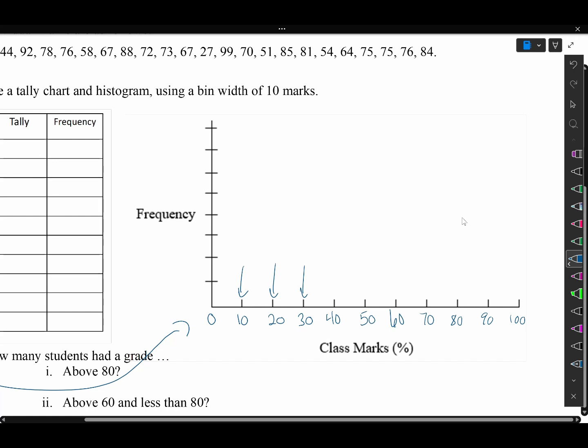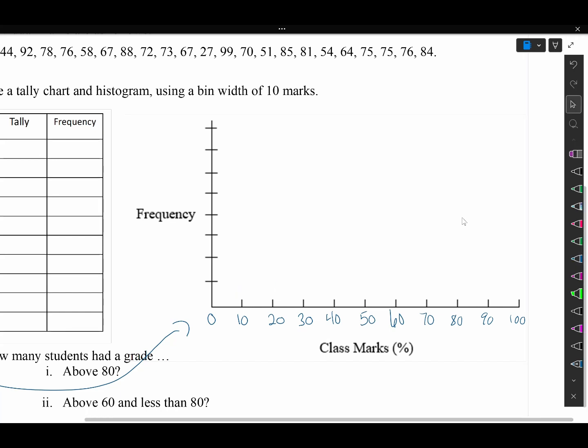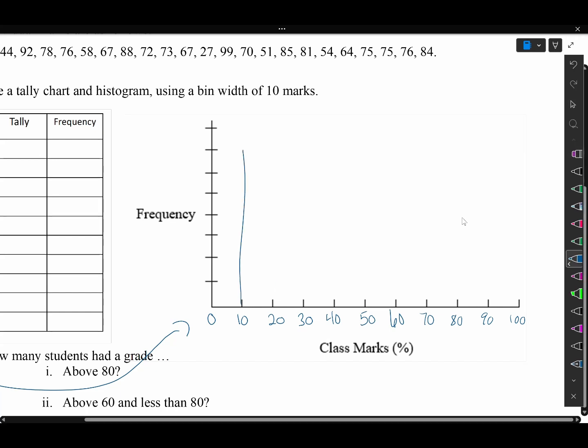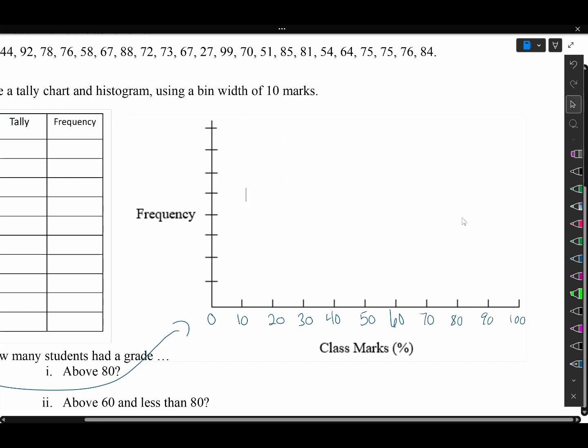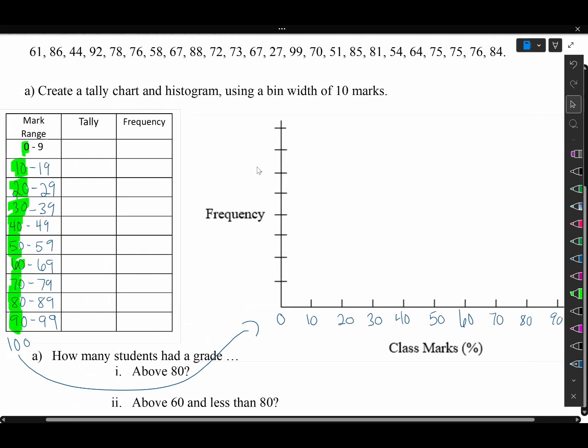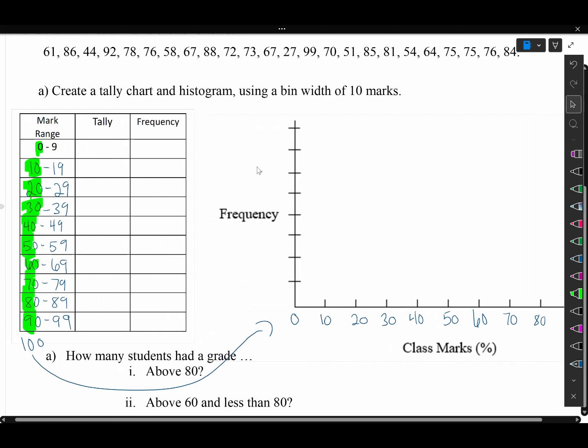Now the idea here is that each of these ticks separates a bin, right? So what we're going to do is sort our data into each of these collective bins so that our histogram will be able to show us how many of each grade is attained by different students in the class. Let's take a look at this first number. This first number, 61. Well, 61 falls into this bin in between 60 and 69, so we'll put a tally